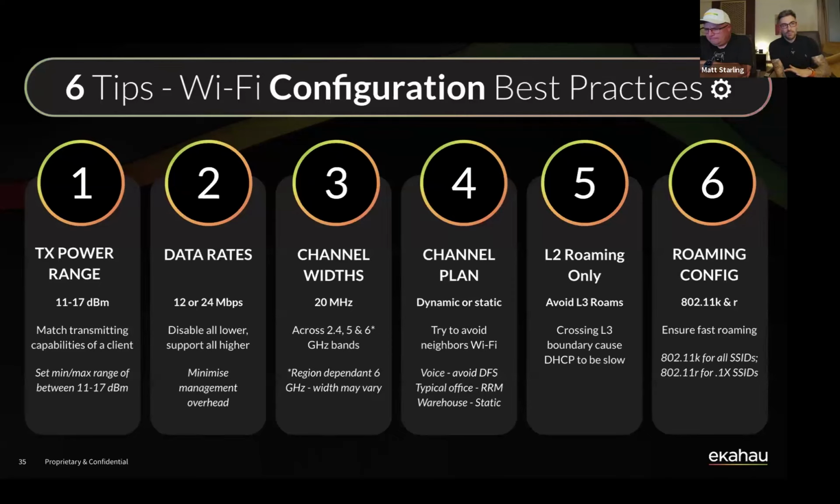And then the one that gets people on the soapbox discussion is 802.11v, because generally it can work really well, but sometimes it can be a reason why you have a bit of intermittent issues in your Wi-Fi network. And the reason for that is because it's always the client's decision on which access point radio to associate to, which frequency band, if you give it the choice, and when to go and roam and associate to another